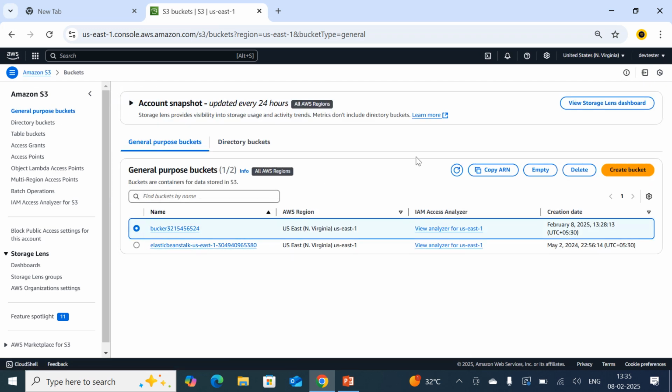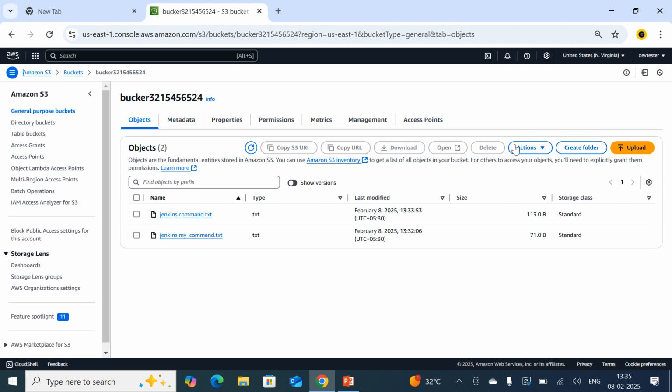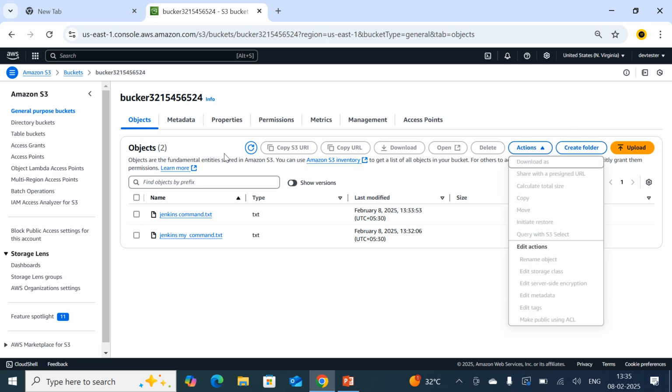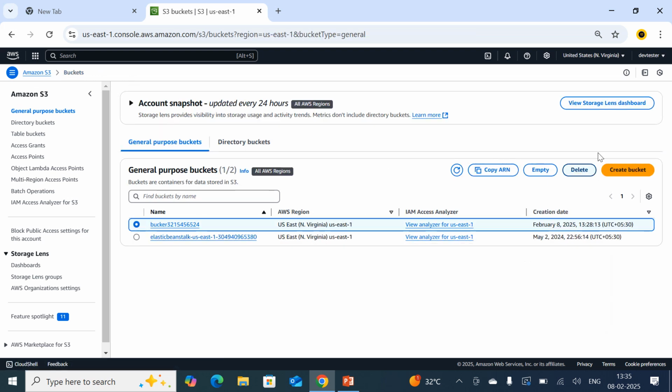And at the same time, as I told you earlier, if I want to make the data spread across multiple regions, select the bucket, and here you have the options like, just go to bucket and where it is, general purpose buckets.